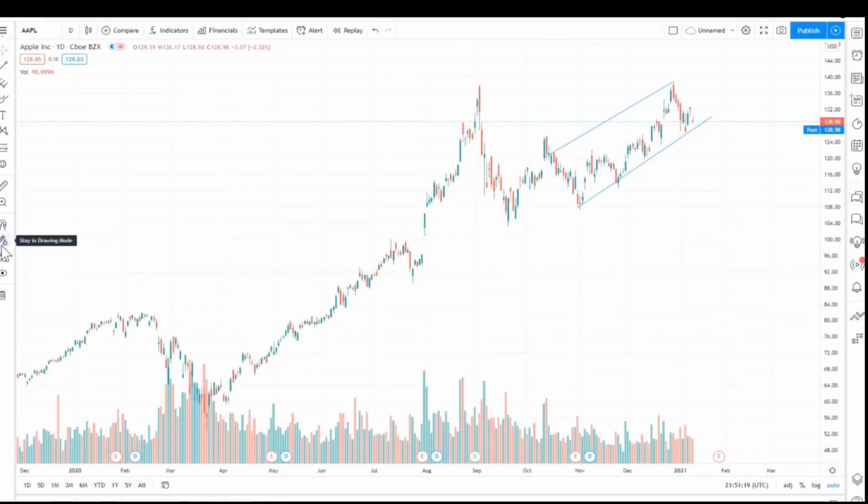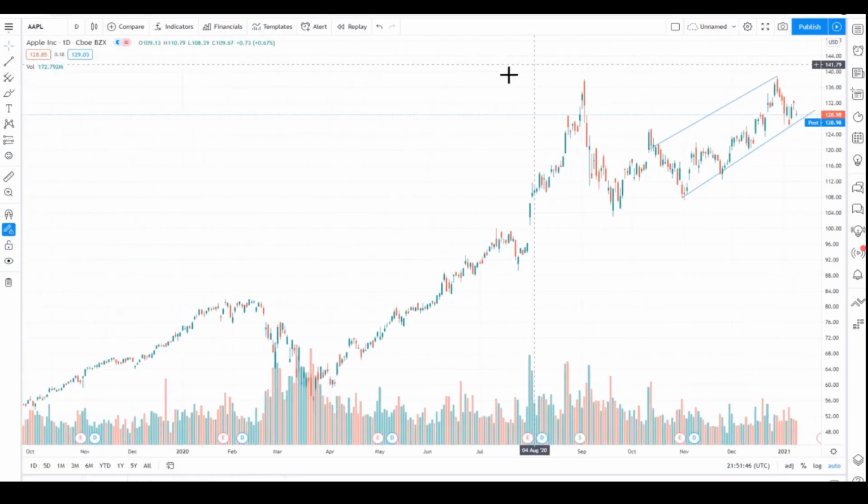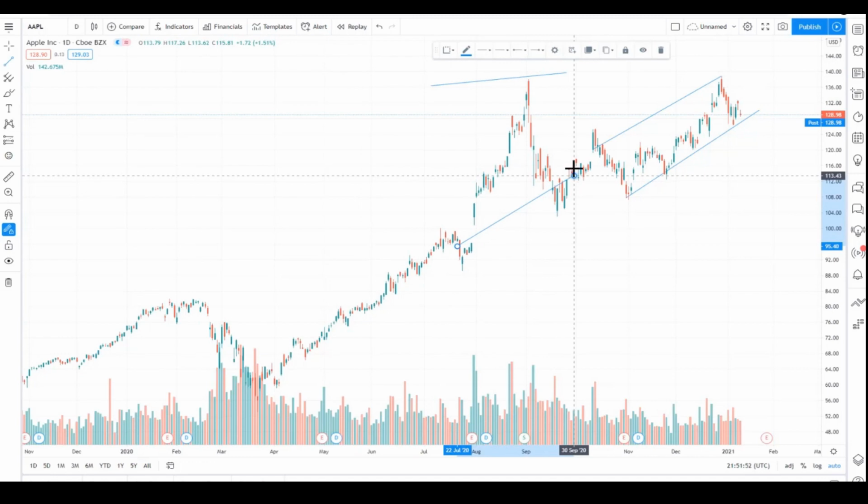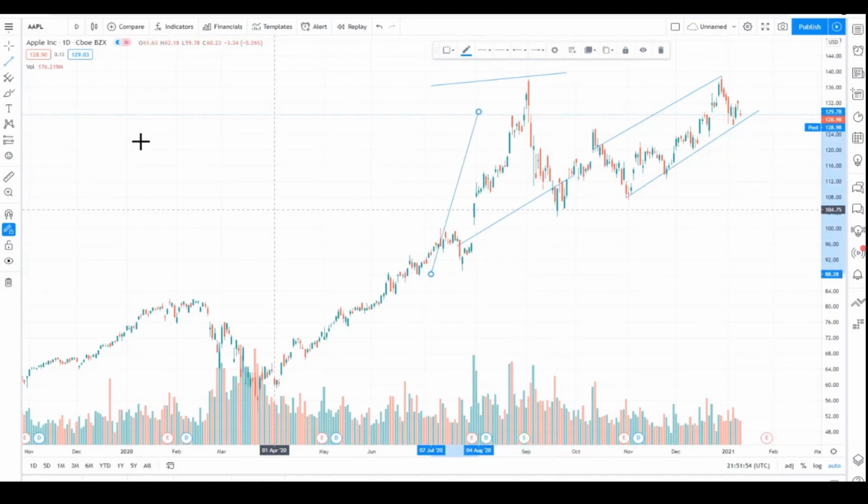So if this option is not on, what you have to do is if you're drawing multiple trend lines, you will have to every time go to this option and pick it up. However, if you are in this drawing mode, you can just pick up this trend line tool once and you can keep doing your analysis the way you like. You don't have to grab it every time you're drawing a new trend line.